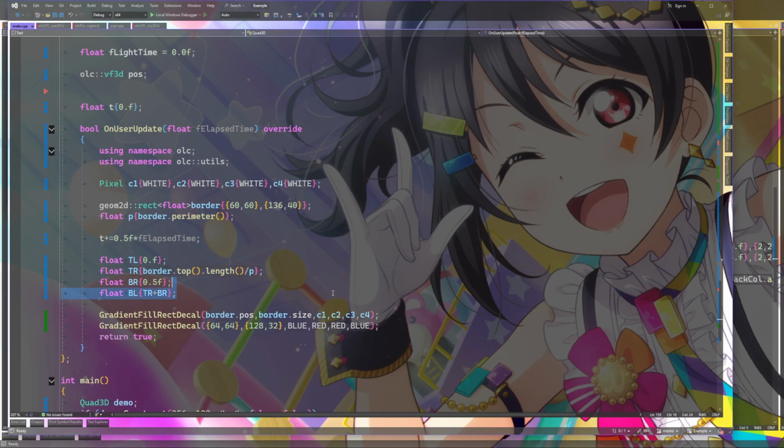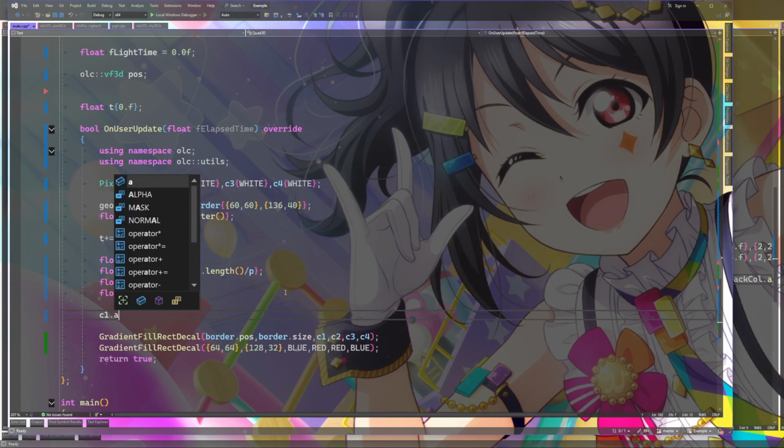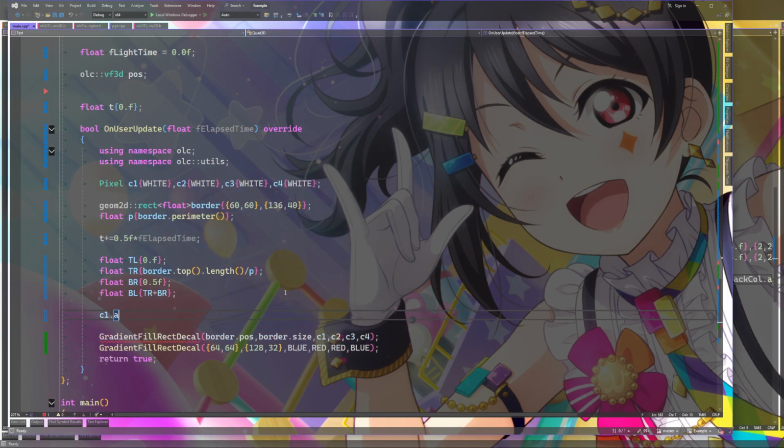Okay, with that out of the way, t gets incremented. This stuff is calculated. So that determines how much transparency these are going to have now. So basically what I'm going to do is set the alphas based on the distance from these values. Now I have to consider how they wrap around, because this is the weird part.